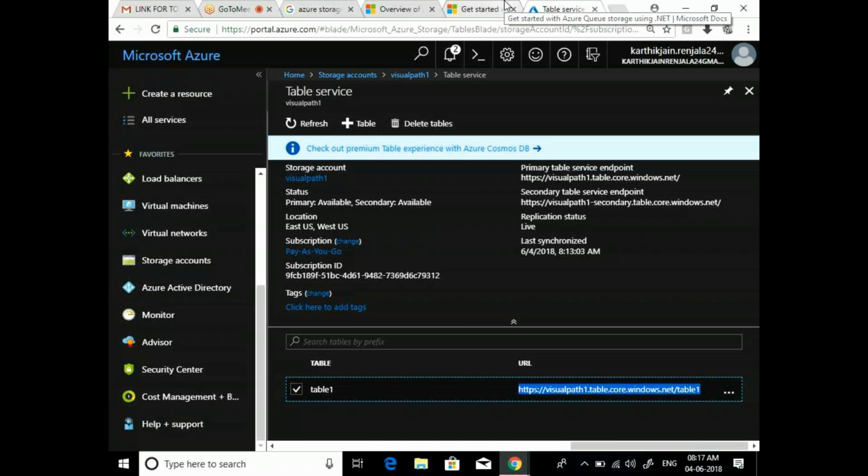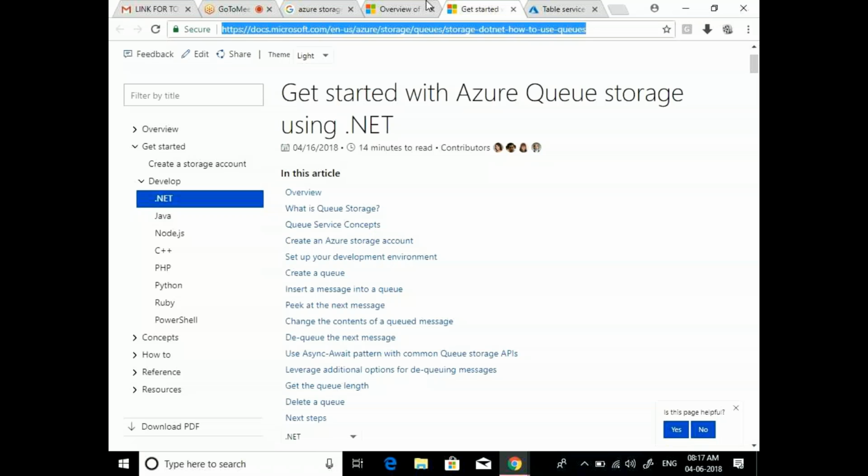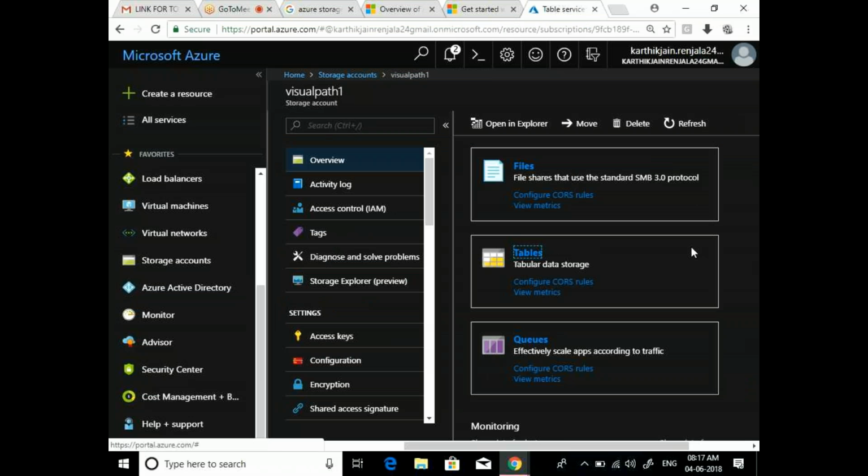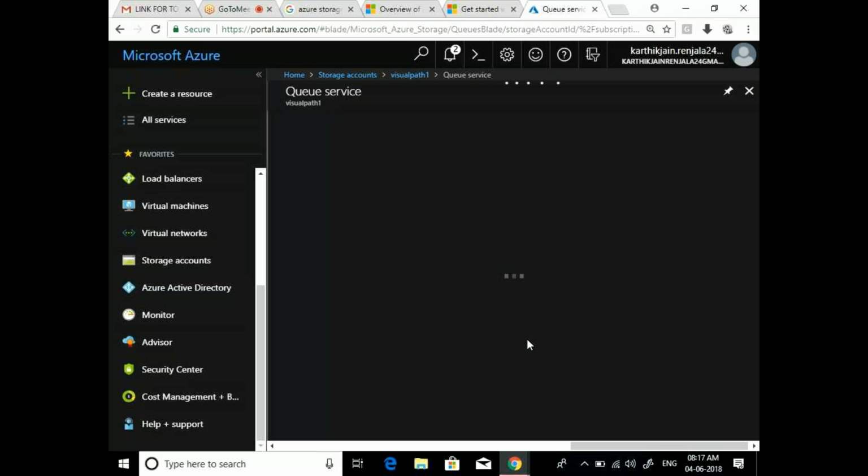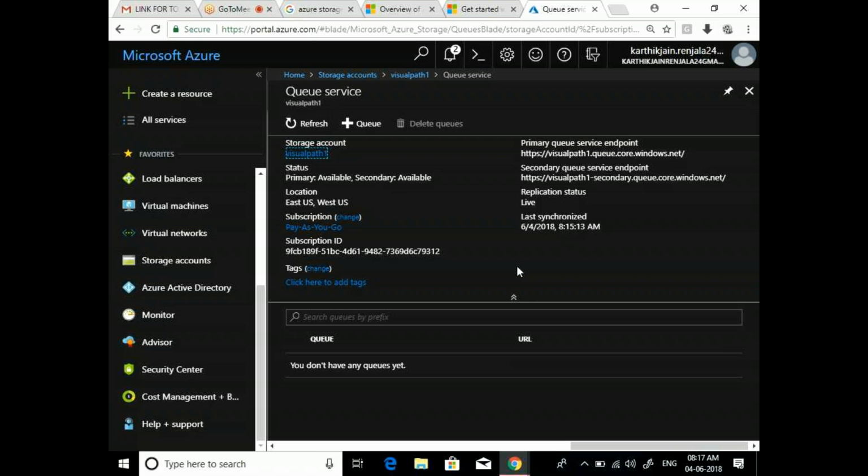So Azure queues. If you see one more service in storage, we have queues. This is also similar to a development tool. Let's say if an application wants to send some communication to another application, they will queue some messages to that application. It's called a queuing system. In real time we have that project called message brokering. They use this kind of stuff, a queuing system. So if they want to communicate with an application, they will just queue some messages.